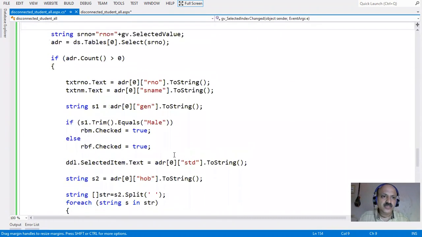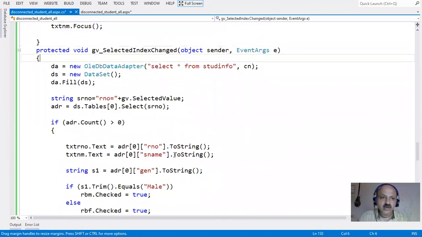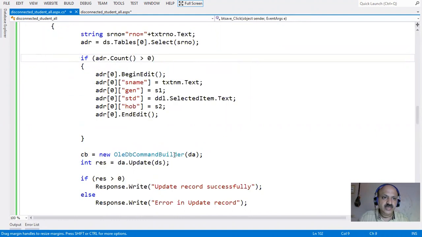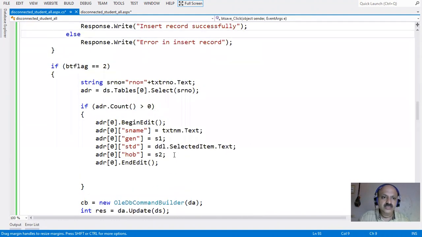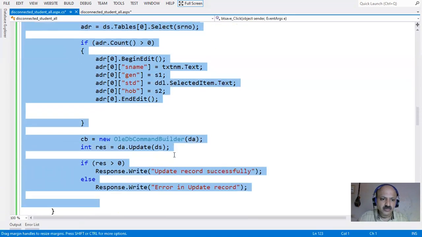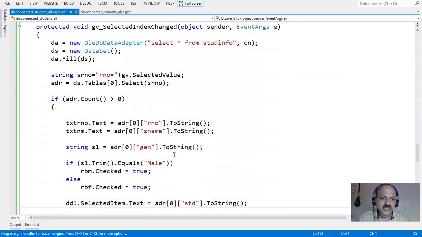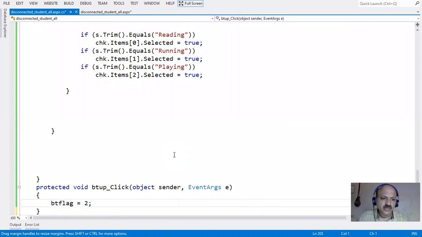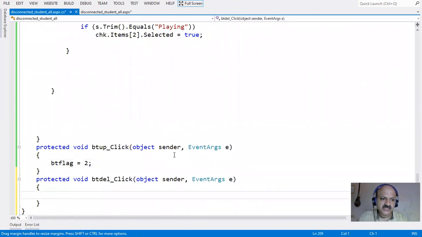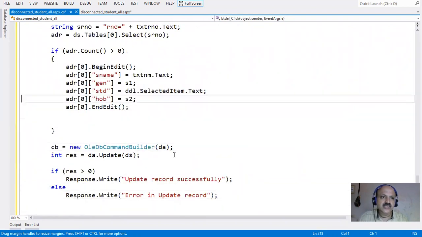I just copy all these things, like in our update operation. So where update is here, I copy all this code. Yes, I copy all the part, but I remove some part. Here, and paste it to the delete button. Yes, so you can see how delete is very simple, only one line, but that is remove only.